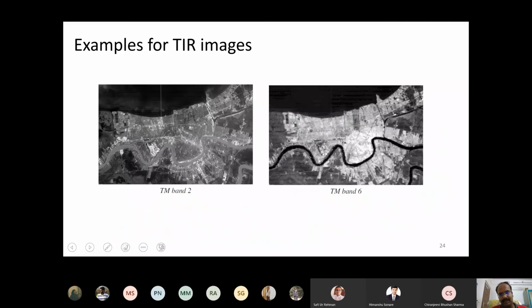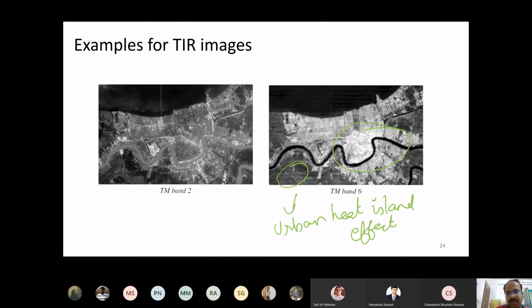And this is an example of how an urban area will look. I think this is Louisiana state in USA. A city normally will have a lot of concrete materials, paved roads, not much vegetation, etc. So they will normally have higher temperature than surrounding rural areas. This we call the urban heat island effect. Urban areas will appear much brighter than surrounding rural areas, with a higher temperature. Just to give an example, we will see all these things later in thermal infrared classes after the mid-sem part.